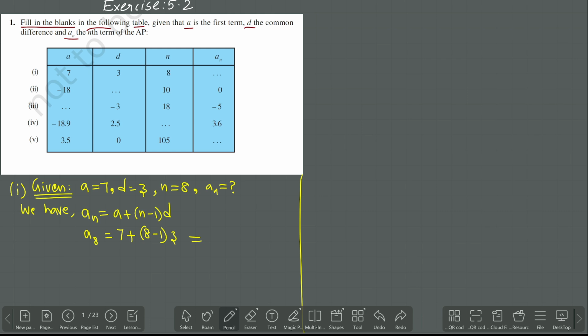Then what I am getting here? 7 plus 8 minus 1, 7 multiply 3. Okay. So, 7 3s are 21. By using BODMAS, first multiplication, then only addition. So, 7 3s are 21. After adding, 28. So, A8 equal to 28. That is AN. Here we have to say it's 28. Understand? First one is over. Like that we have to go. And second one,